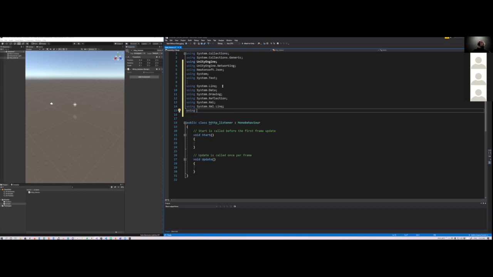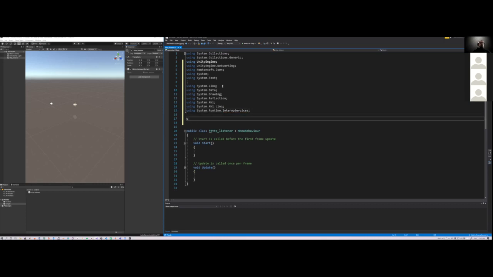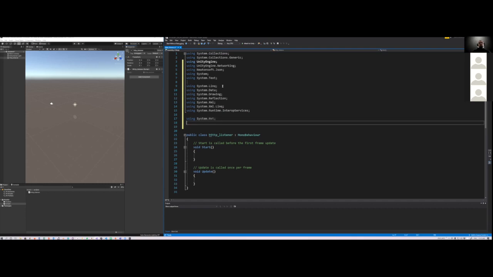So we'll add using System.Runtime.InteropServices, using System.Net,